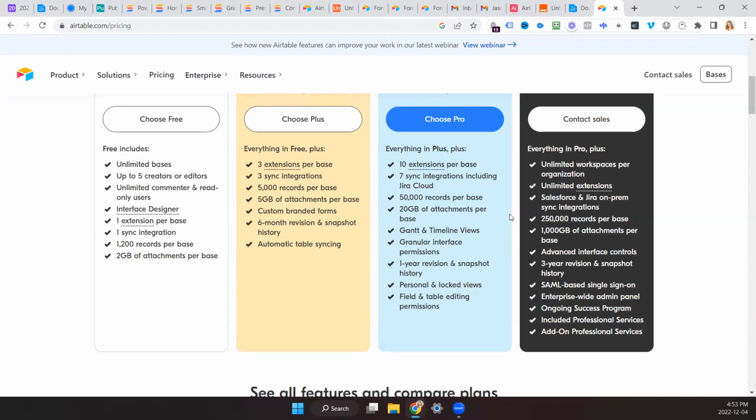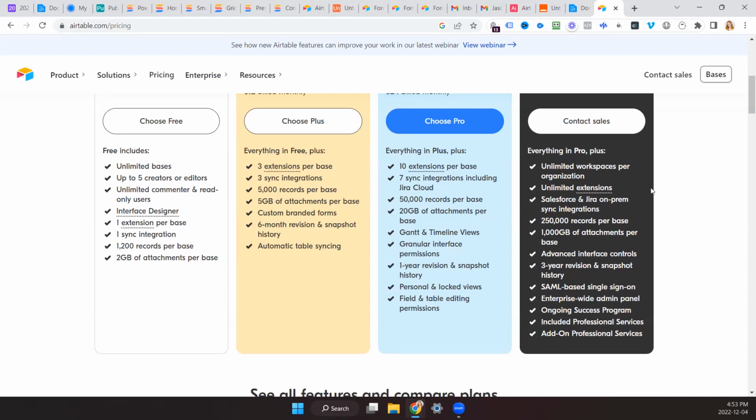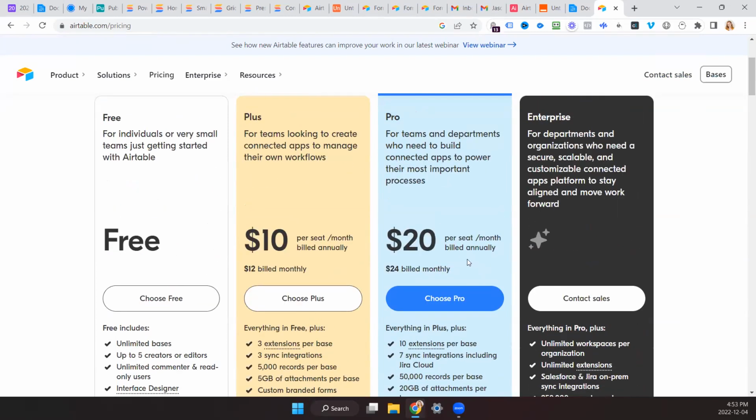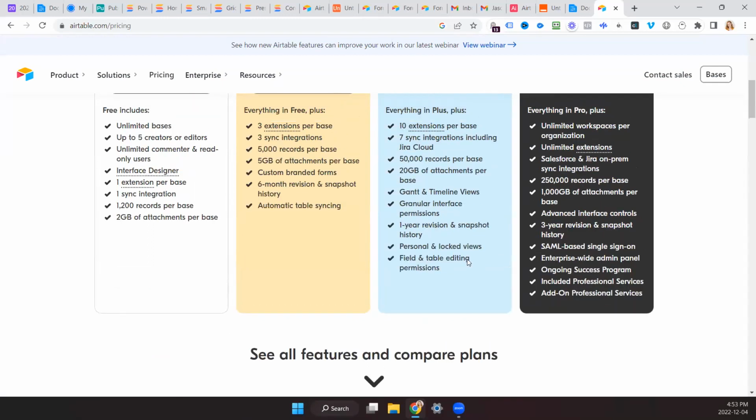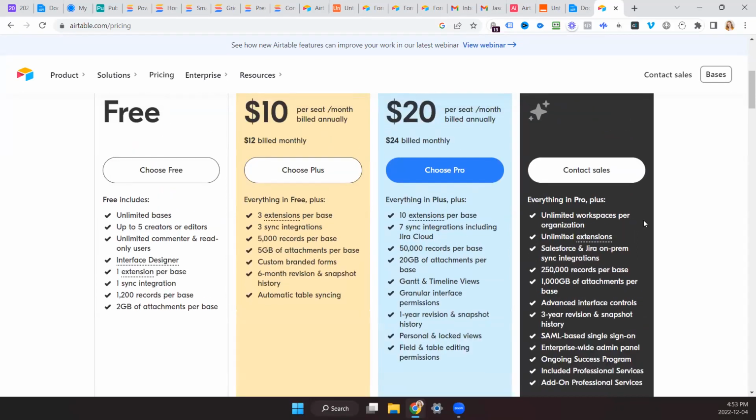I'm not really sure. I have so much data in some of my databases that I don't know. Well, I'm sure I'll learn as I go here. Am I on enterprise?